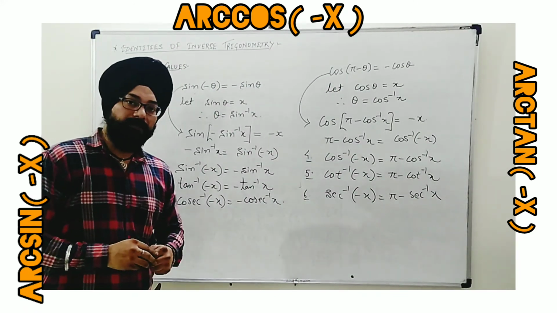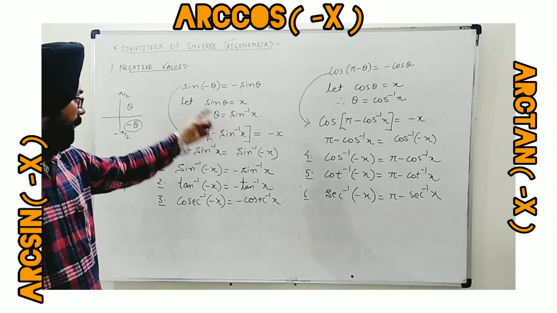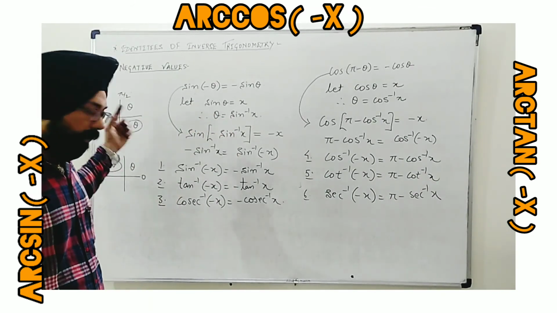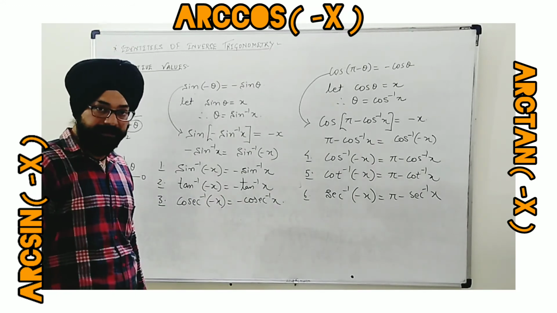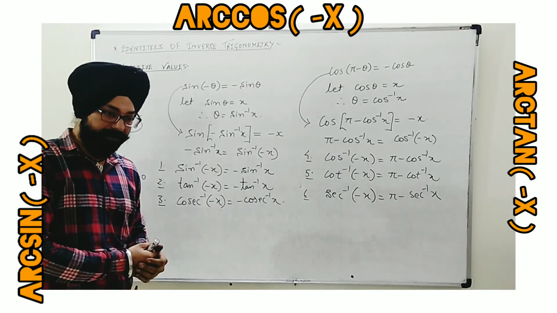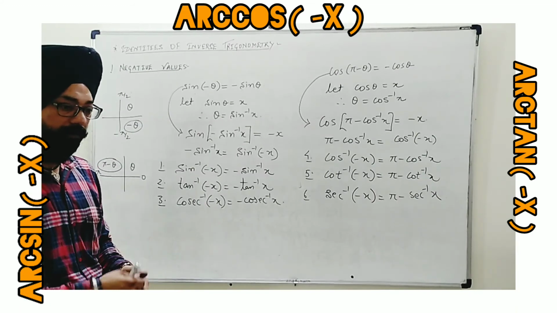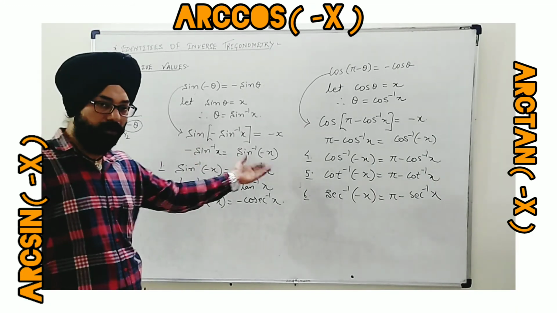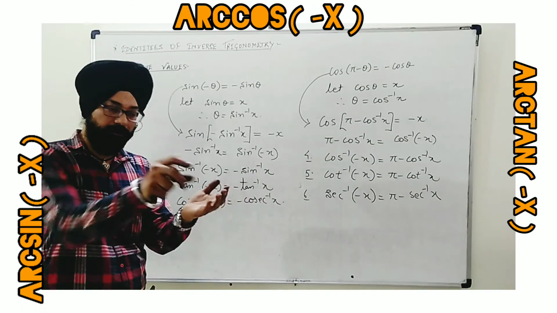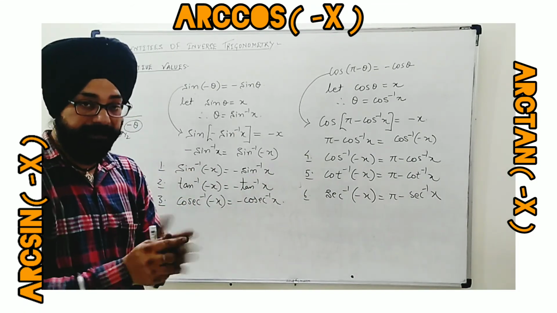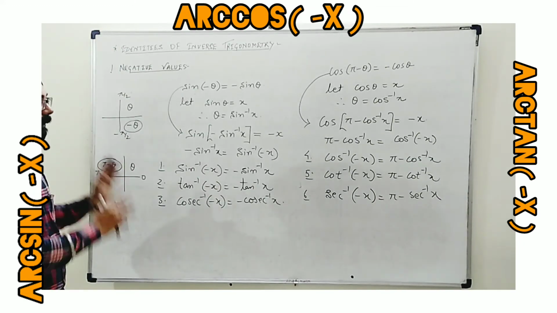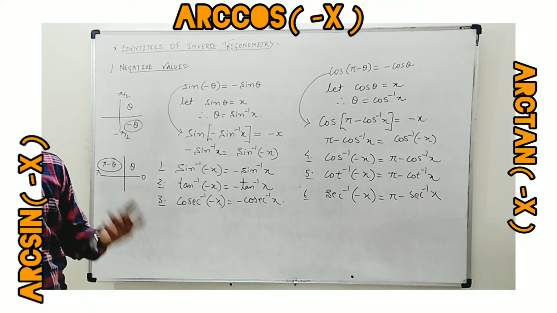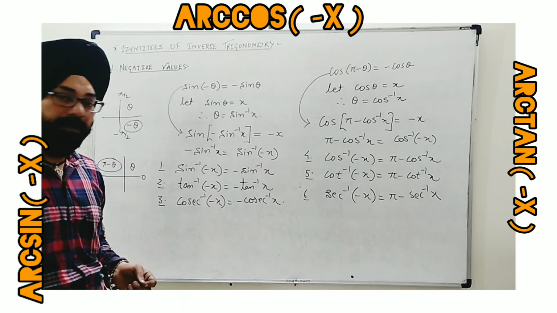Now in this module I have shown you how to derive identities by concept. Based on observation also I have explained how to write the identities directly, because we have solved equations at a basic level, so those will help us to understand these identities. I have told you that pattern also, how to write the identities only on the basis of observation, and given its example. So this was the first identity, for negative values. I hope you have understood very well. We will see the next one.